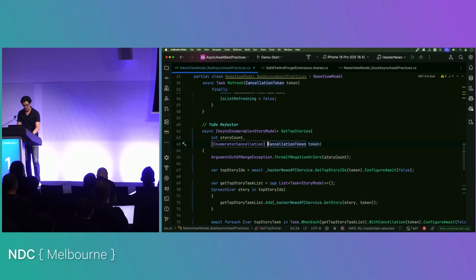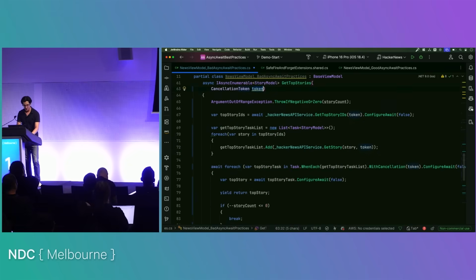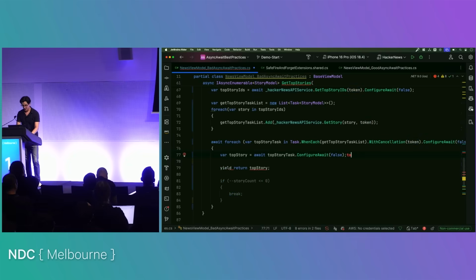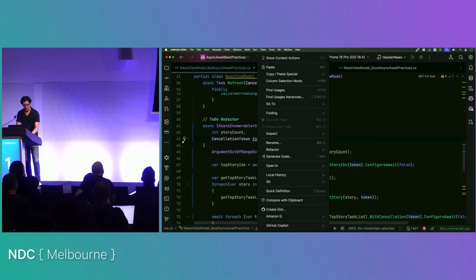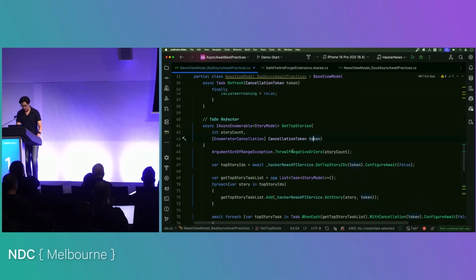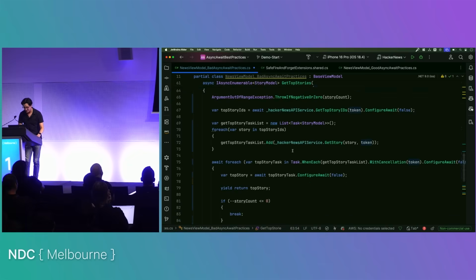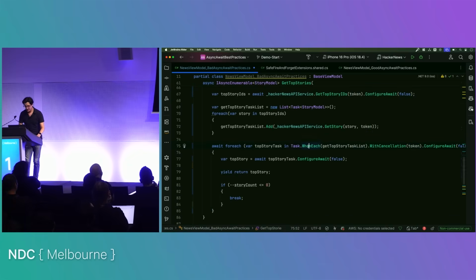If we didn't have it here, then we would want to do something like this down in our code, checking that token all the time, but we don't have to because we're using EnumeratorCancellation. The other thing I want to highlight here for you is inside of this